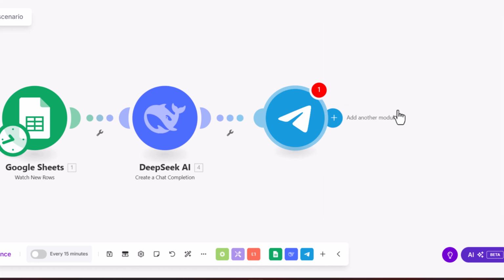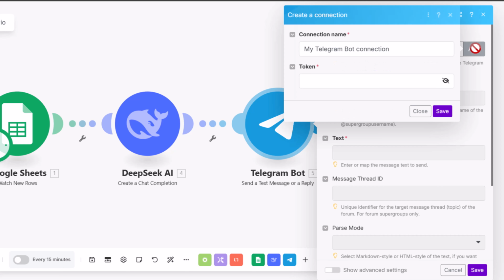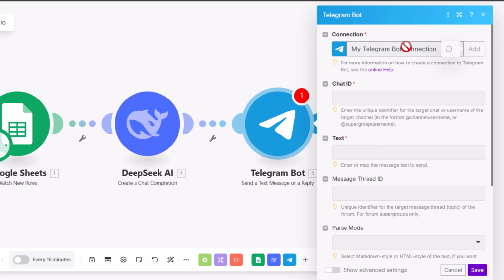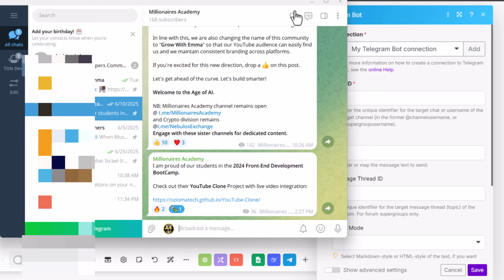We choose it. Now let's set it up. Again, this is where we add that token we copied when we created the bot. Okay, so we add the token here and we save. Now it is connected to our bots. Okay, then over here we're going to add the chat ID. Our username is Millionaires Academy, so we simply say